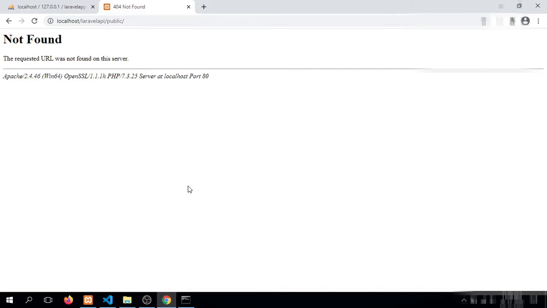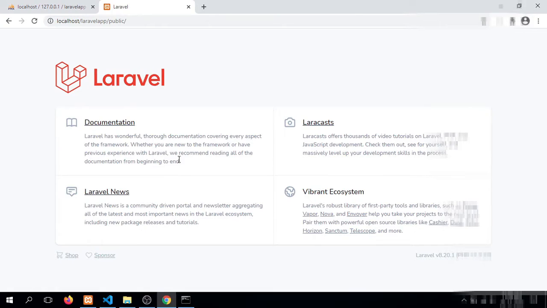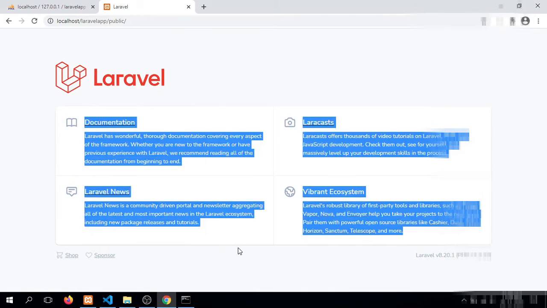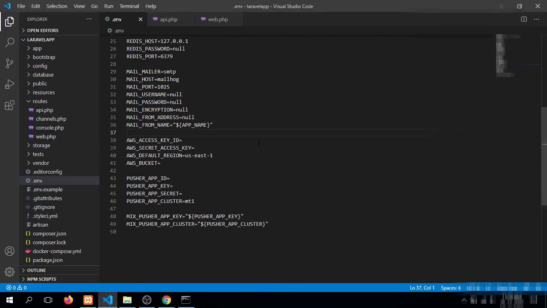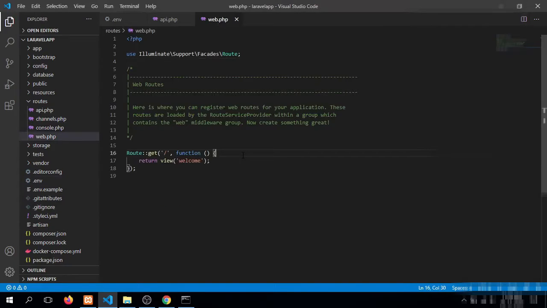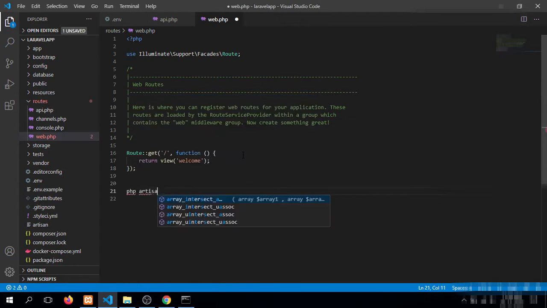Sorry, this would be the Laravel app. You can see that this is the default page of our Laravel application. Previously, Laravel provided an authentication generate command like PHP artisan make auth.